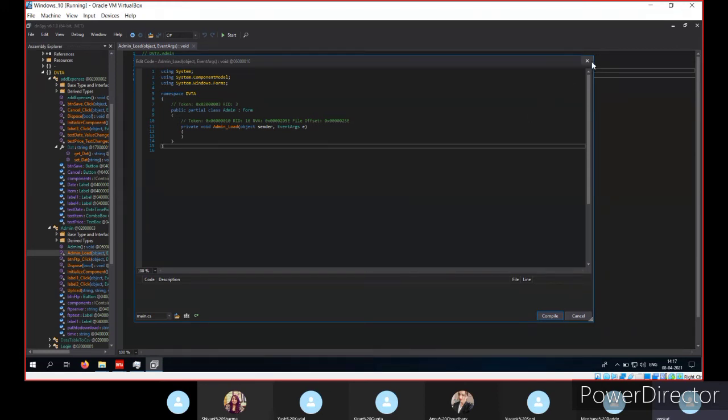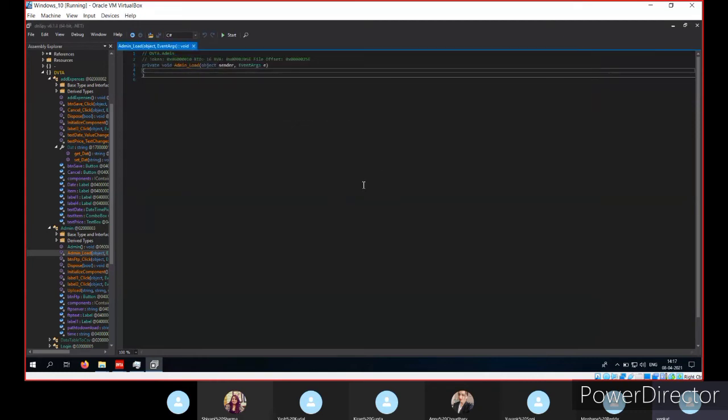You can do that and try to log in and try to bypass some controls if they are enforced in the client itself. Okay,